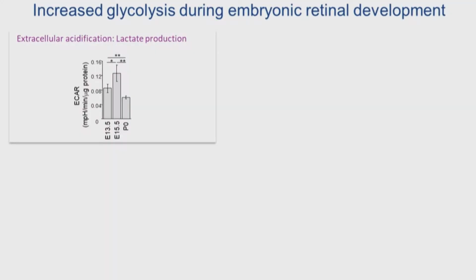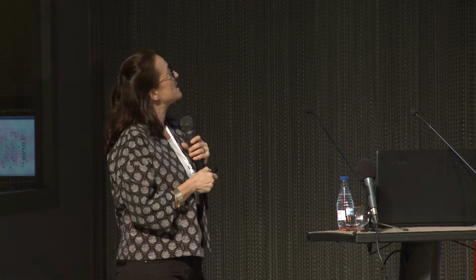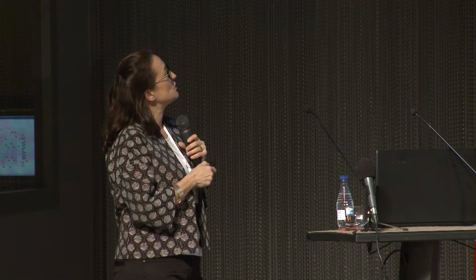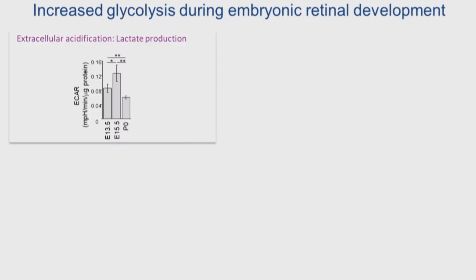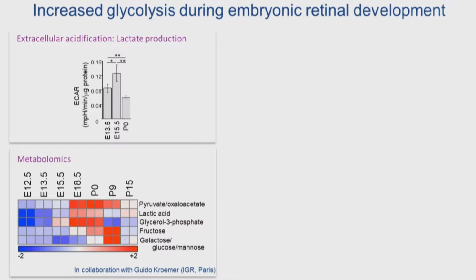So we first evaluated the metabolic profile during neurogenesis, and these are Seahorse experiments in embryonic retinas. Can you imagine we have to put many retinas in the well in order to do these experiments? We could see that the lactate production, or extracellular acidification rate, was increased in the stages where we could see neuronal differentiation, and it was reduced afterwards. We also did some metabolomics assays, and we also could see that during the process of neuronal differentiation, there was a peak in